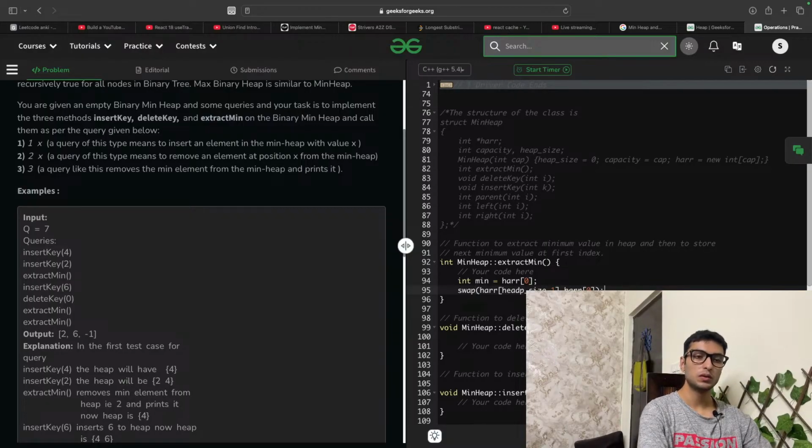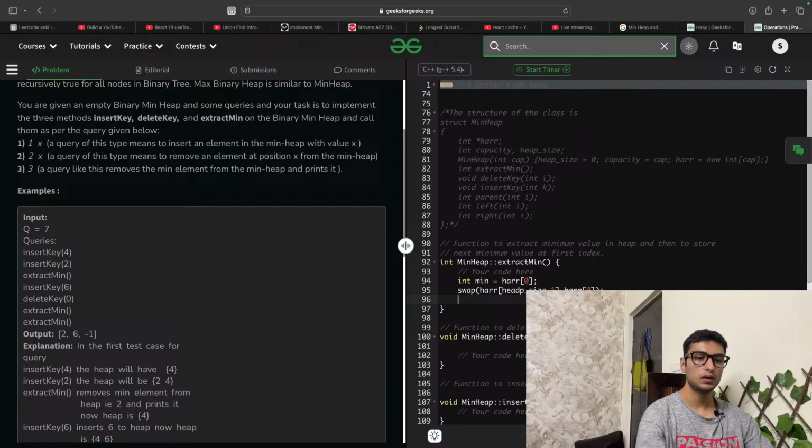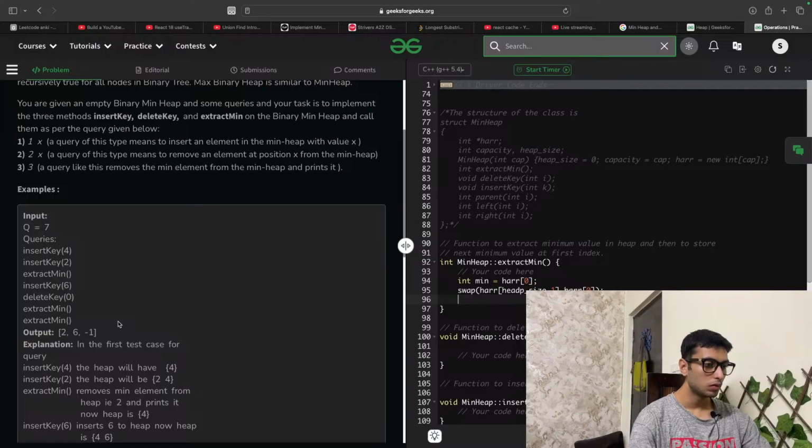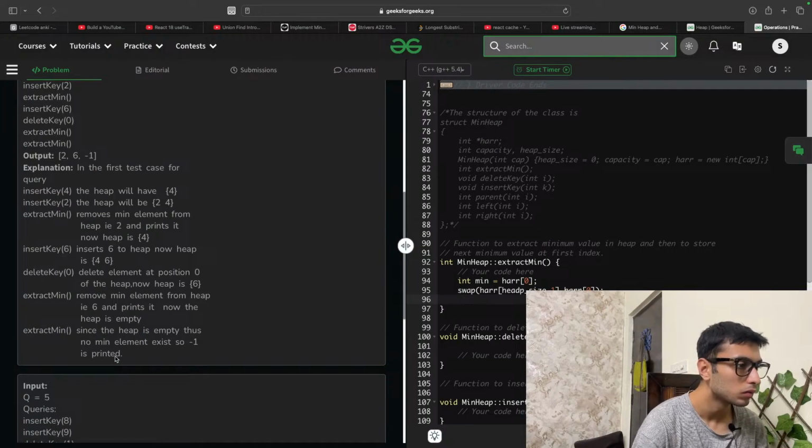So you have the zeroth element and the last element, and then delete key. Delete element at position 0 of the heap.